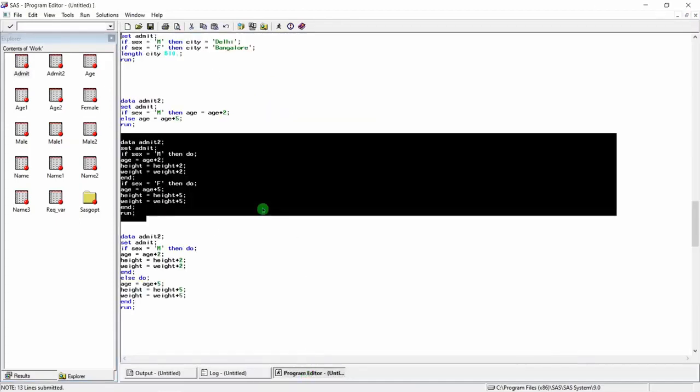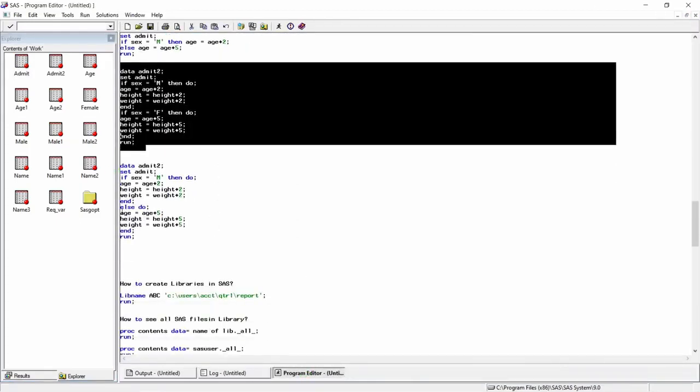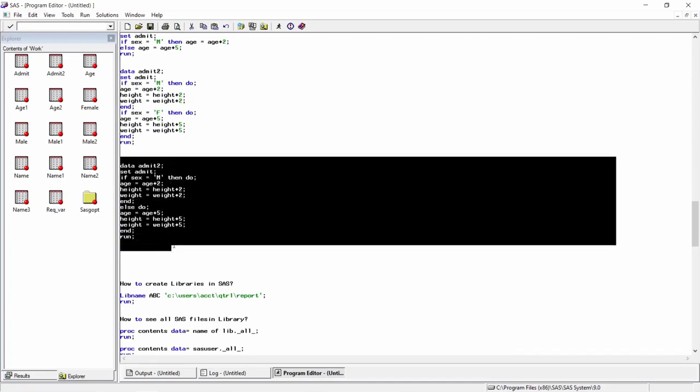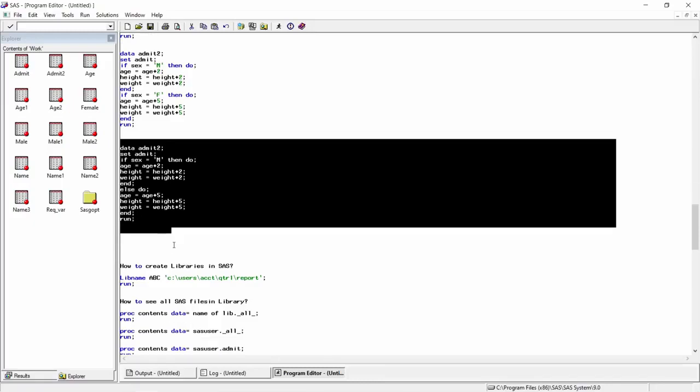I'll come to the program editor. Now we will learn about the else do command. So I'll read this command here. Data admit2; set admit; if sex is equal to capital M, then do; age is equal to age plus 2; height is equal to height plus 2; weight is equal to weight plus 2; end; else do; age is equal to age plus 5; height is equal to height plus 5; weight is equal to weight plus 5; end; run;